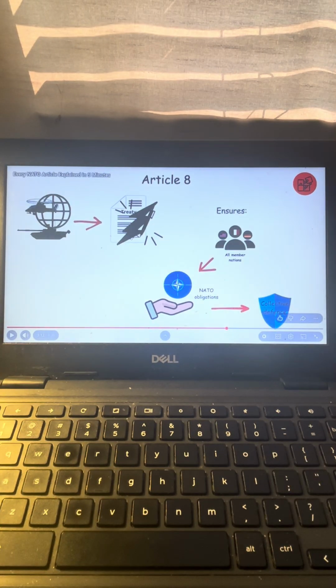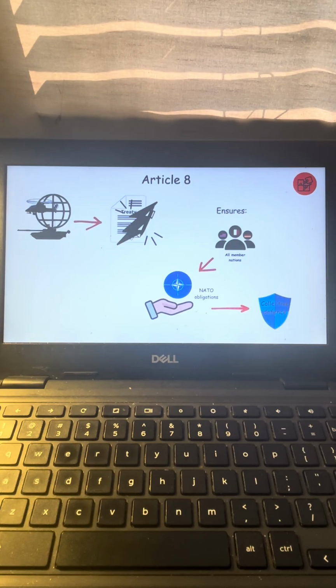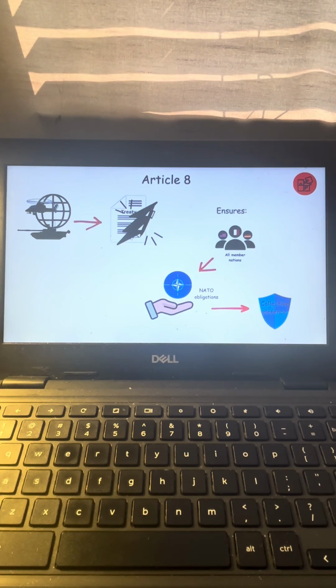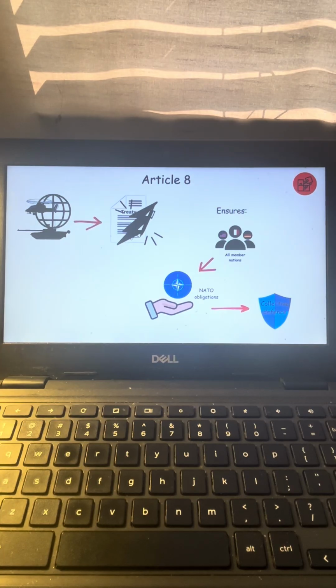So if my country of Wolfia joined the alliance, this is the one that says any other country in the NATO alliance cannot intervene with the stuff that Wolfia did. Like, for example, Wolfia invaded Wolfia, and they take over the entire country. If you guys don't know about Wolfia, there will be a video about Wolfia history, something like that. So I don't know, it would actually be out or something. So just to make sure, yeah, this is just getting annoying.